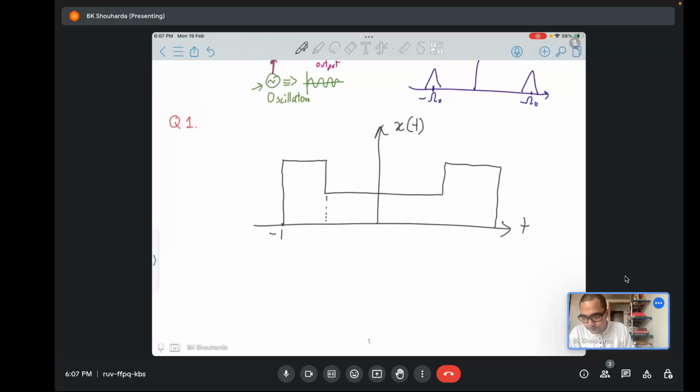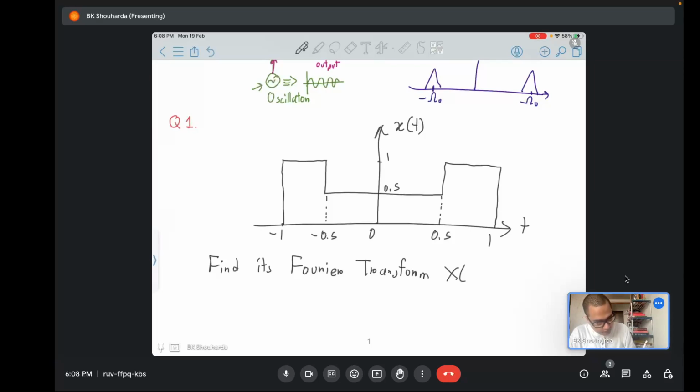Okay, minus 0.5, and then you have 0.5 and 1. Okay, so if you are watching the recorded version of this, then you may pause the video for a while and try to find its Fourier transform